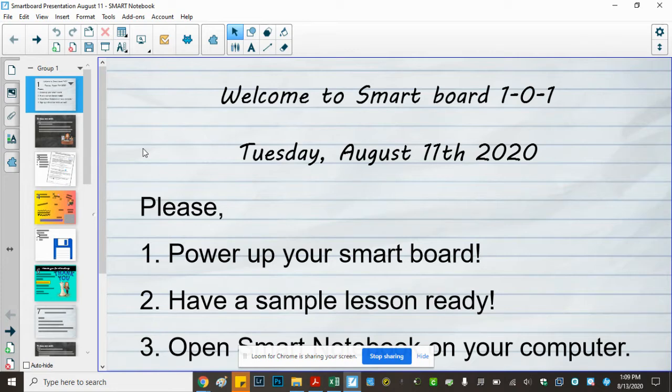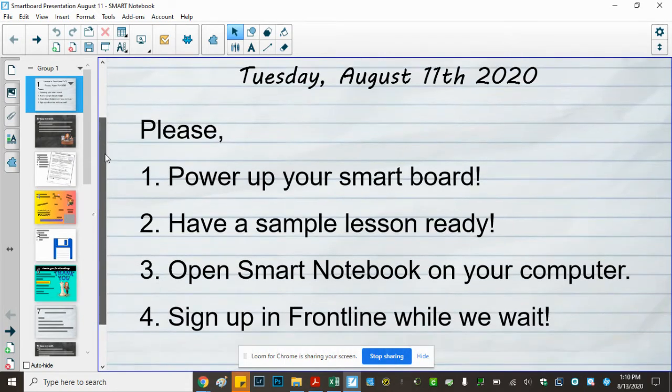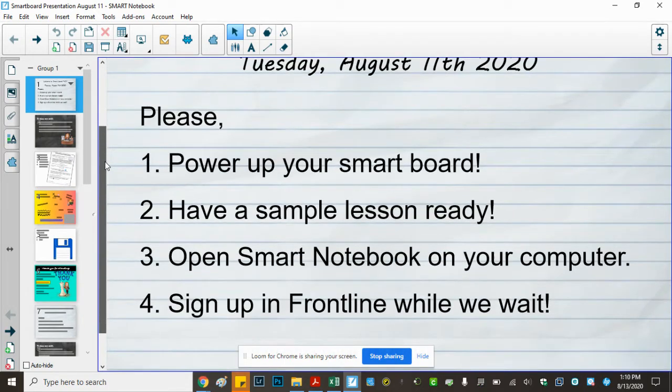Here are the things you're going to need. One, you're going to need your actual smartboard. You're going to need to have it powered up. If you can't power up your smartboard, we'll talk about that in a minute, but you will need your physical smartboard. Two, if you have a sample lesson that you have used in the past, that's something that you could make an easy Google Slides or PowerPoint presentation, go ahead and have that ready. We're going to try and replicate that, or I would like you to be able to try to replicate that